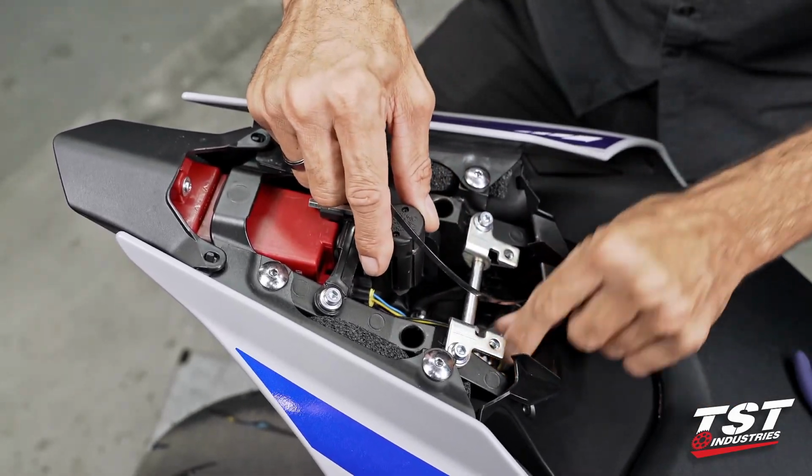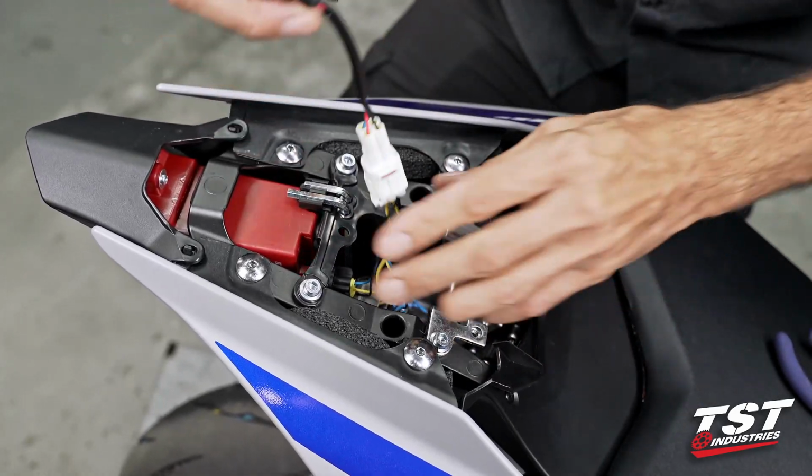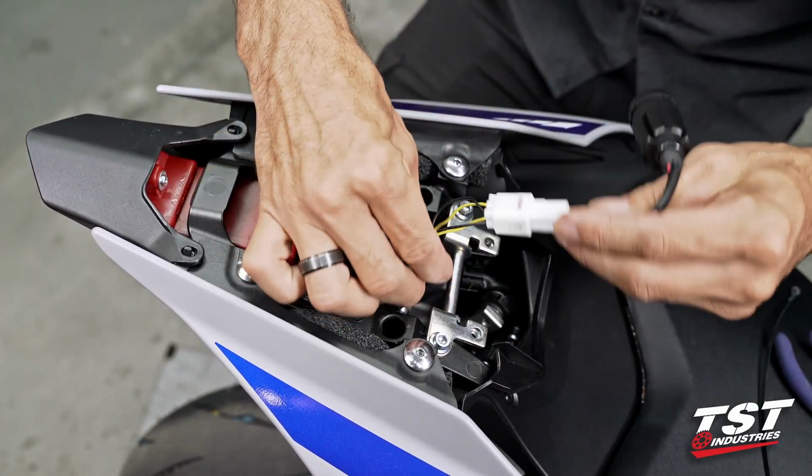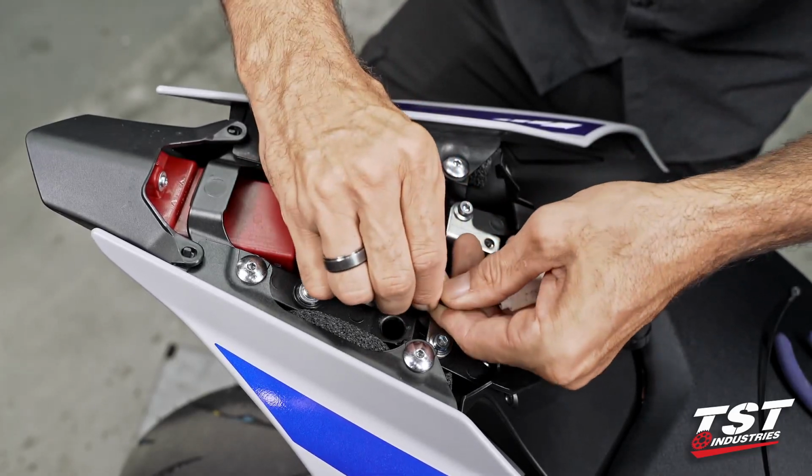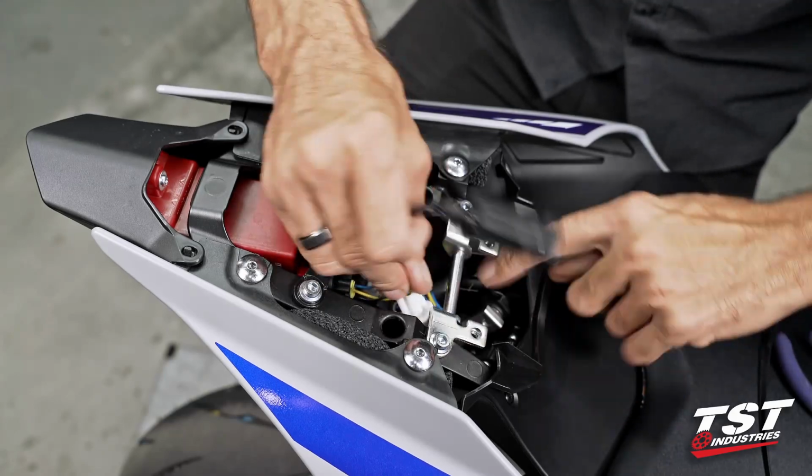So we have a bulk of wires from the stack up of our OEM harness and also our new sub harness for our brake light modulator here. How you distribute that will be